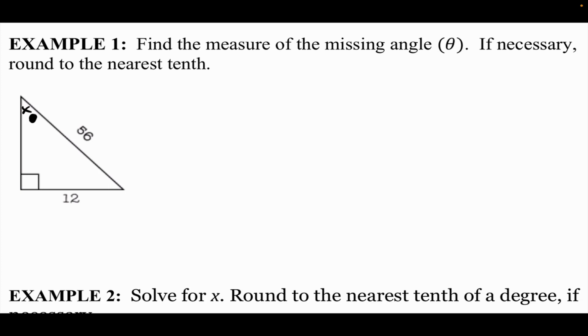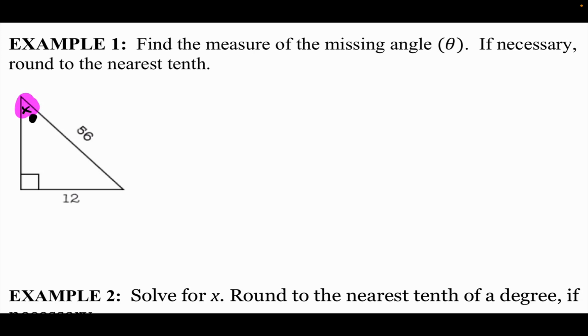Okay? I know 2 sides. I know it's a right triangle. I need to know this angle. So this is the angle I need to find. If you don't know the angle, we use inverse trig. Okay, so first step. Which one would I use? Sine, cosine, or tangent? So if I need this angle here,